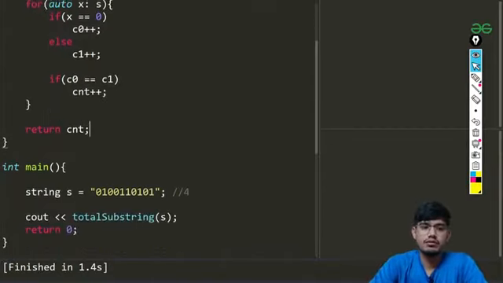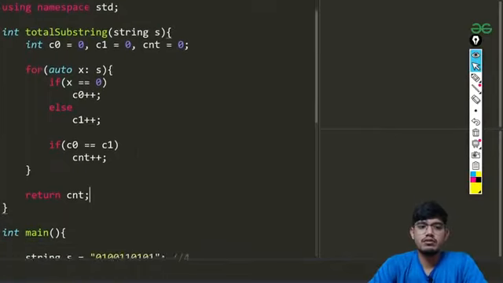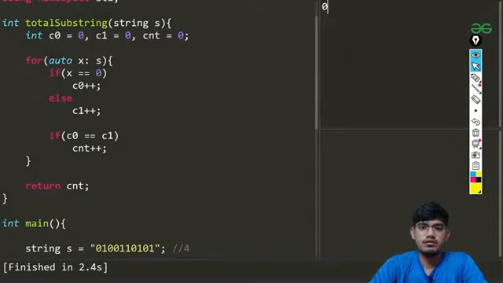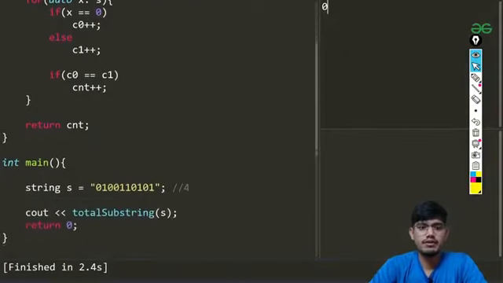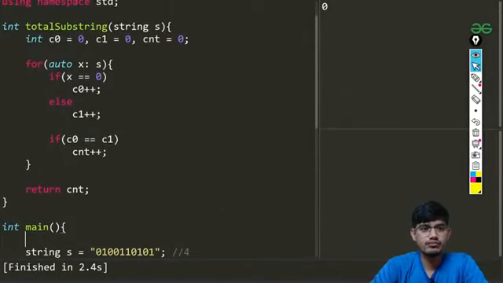Let us try to run the code, and I'll be explaining the code in a bit. So you can see, we'll be getting 0, and that shouldn't be happening. Let us see what the problem is. So you can see we have count plus plus, and then we have this count, and we are returning our count here.